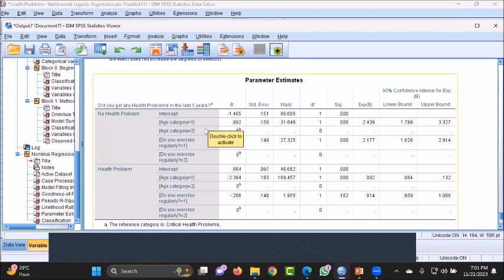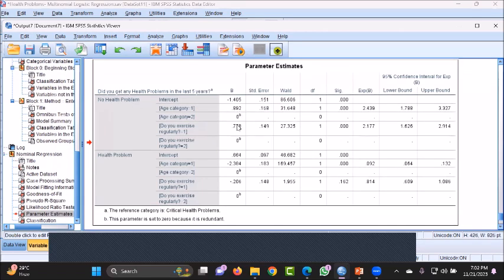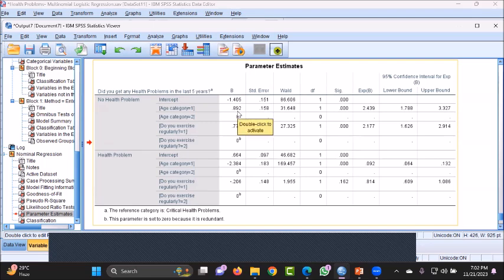There is a difference between people in the age category less than 50 years and above 50 years. There is also a significant difference between people who have a critical health problem and those with no critical health problem. And one more thing, it is positive. It is positive, meaning compared to critical health problem, no health problem people are